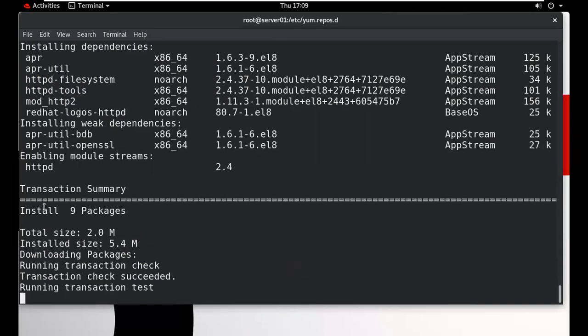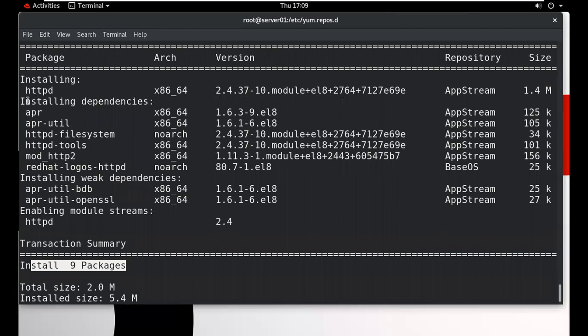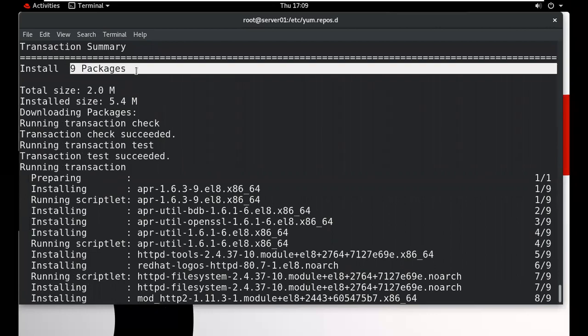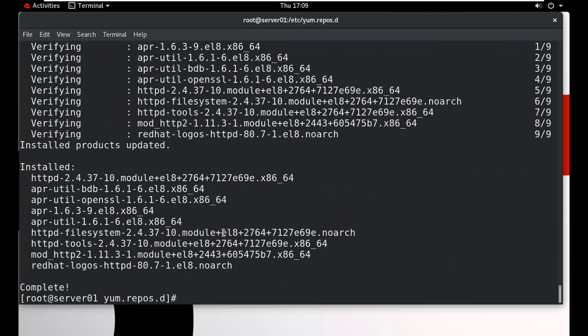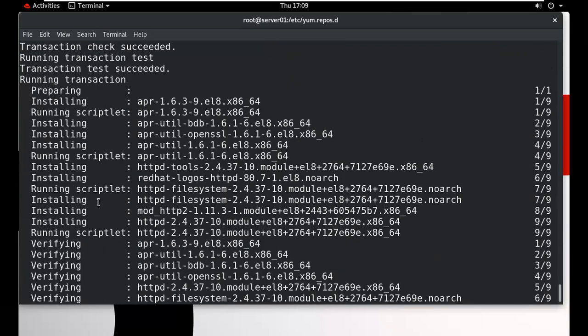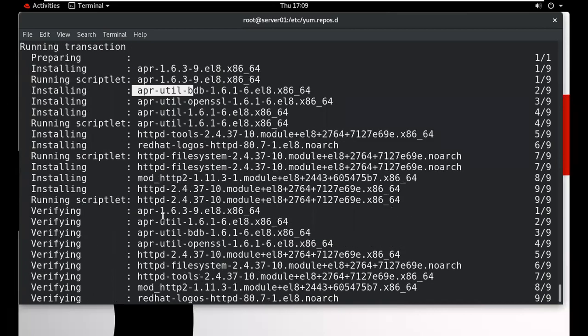So now you check how many dependencies it has. So these are the dependencies. So it will resolve these dependencies. This is my package. We have 9 packages, and these 9 packages will be installed. So by using Yum functionality, we can install multiple packages at a time. We have installed this particular package. So as I told you earlier, first it will install what? Dependencies. So it will install dependencies, this dependency, then this dependency, then this dependency. At the end of the dependencies installation, it will install the package.